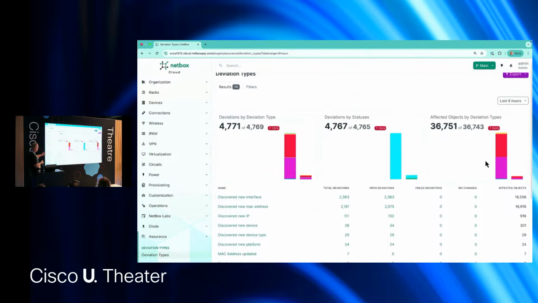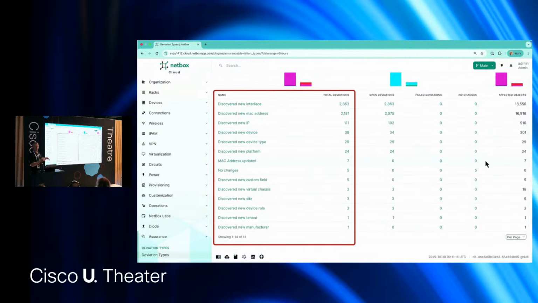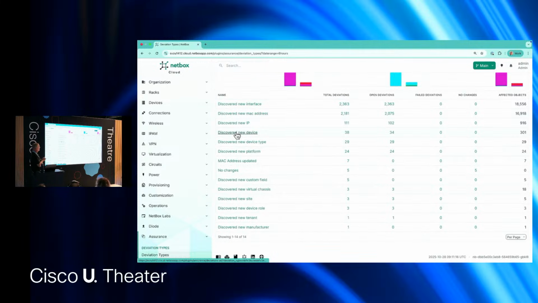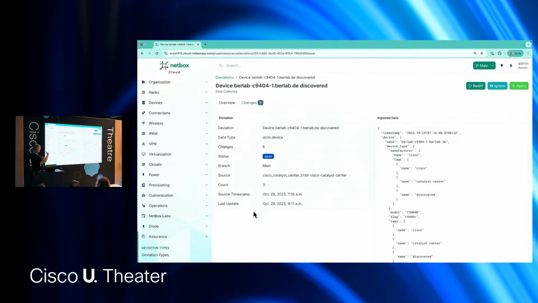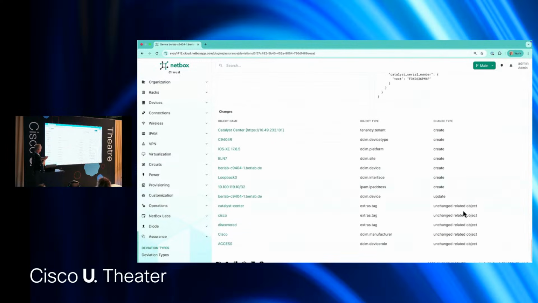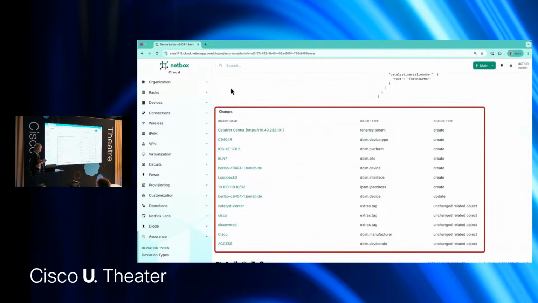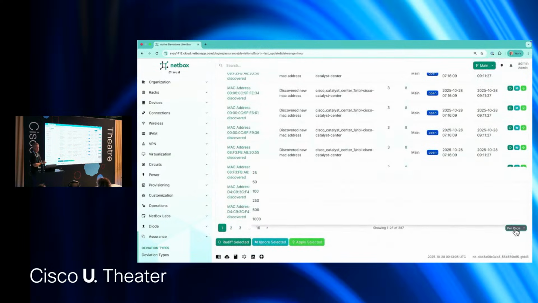So if I now go back to NetBox, you can see we've got some actual deviations now because none of this data existed in NetBox previously. And you can see these are the kinds of information that we're talking about. We've discovered a few new devices, actually. So we can start to explore that data. If I drill down into one of those individual objects, you can see we've discovered, I forget what that was exactly, but it's a 9604R. So this is the data that we've discovered from this device.